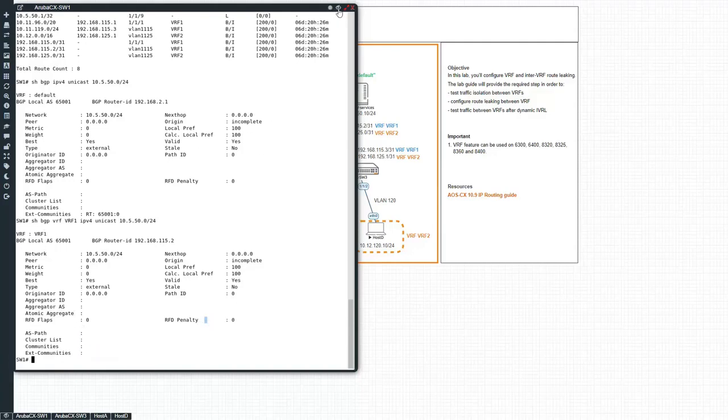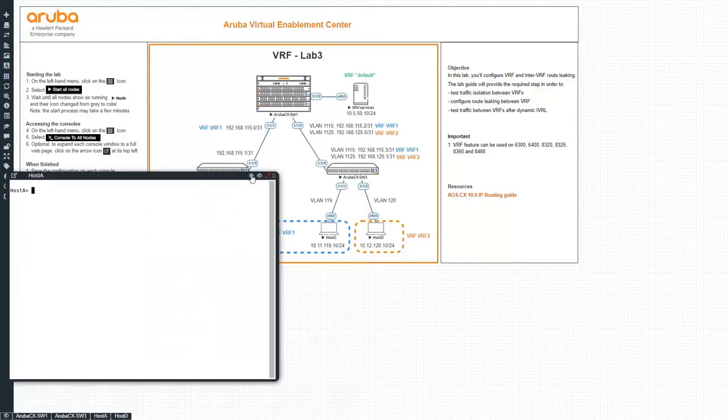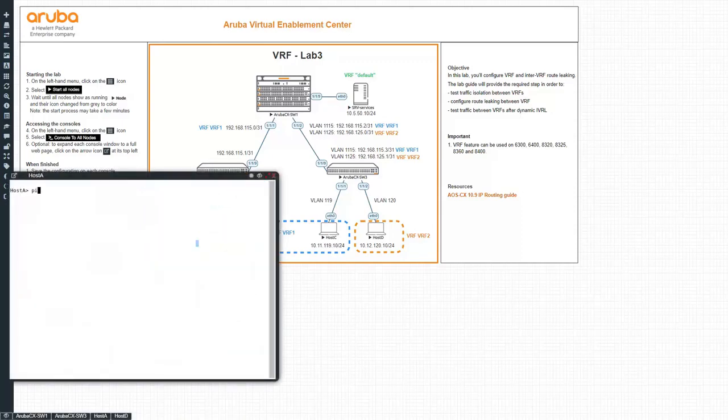Right, so now let's see in action what we have for communication between hosts. Let's start host A. Host A is that guy here. I'm going to ping, first of all, from host A to host C, for instance. So I'm going to ping 119.10. As you can see, it's pinging. We have a little bit higher latency here due to the ARP mechanism.